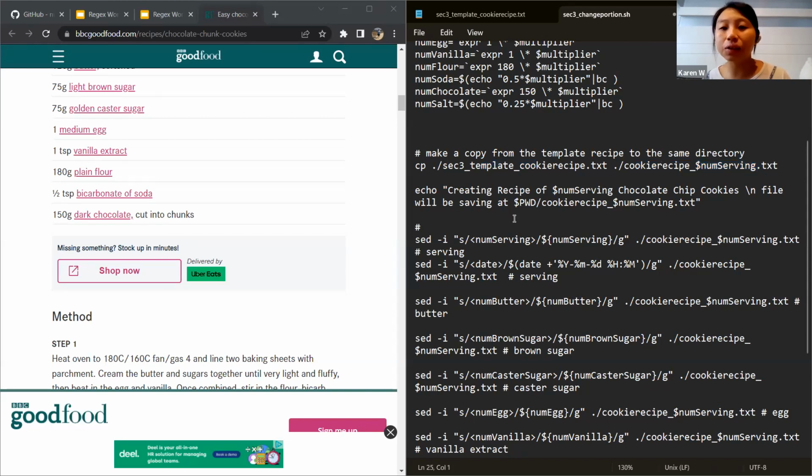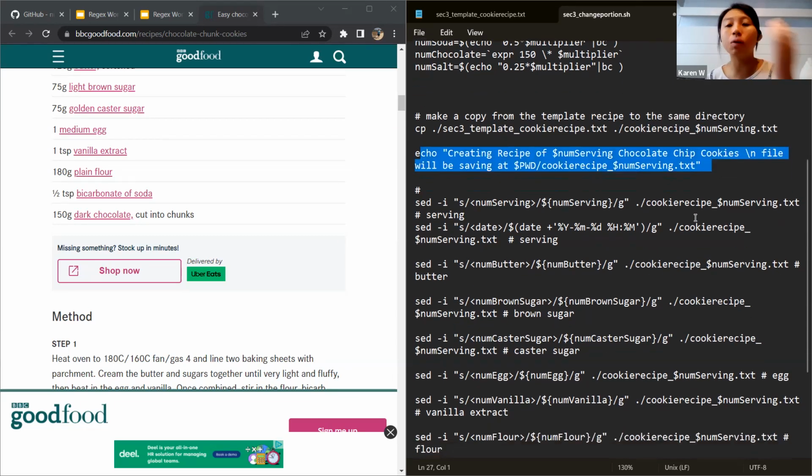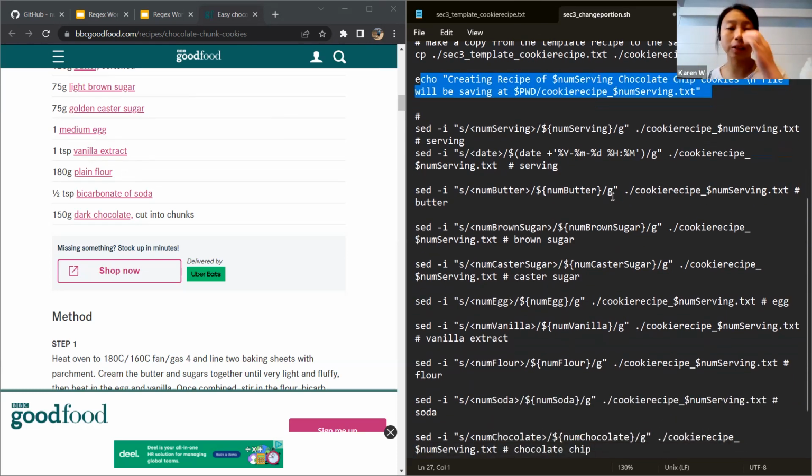Then this is a message saying how many cookies you're making, indicating how many servings and where it puts the file. So this is just a script to do that.